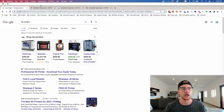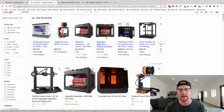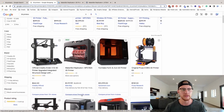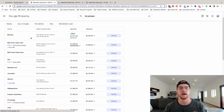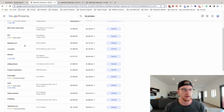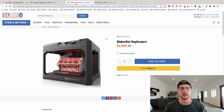And then I clicked on shopping. I looked around, this is 3D printers, this is the shopping section of it. And basically I just clicked on this one because there was a lot of people selling this item. So when I clicked on it, just to get more examples of stores, there are as many as stores through here. We're not gonna talk about the big box stores like Best Buy or whatever, or even its own brand. I went through and I picked two. So let's go with this one first,